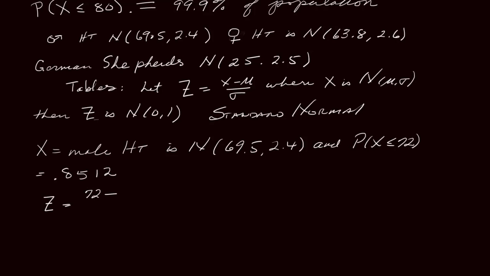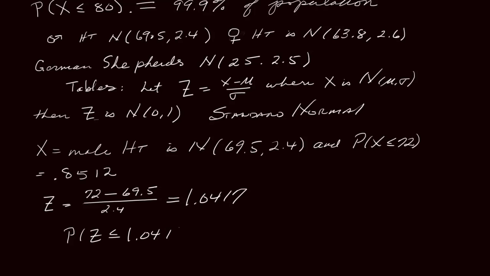Transforming 72, we see Z is 72 minus 69.5 divided by 2.4, which is 1.0417. That's the Z value. The probability that Z is less than or equal to 1.0417